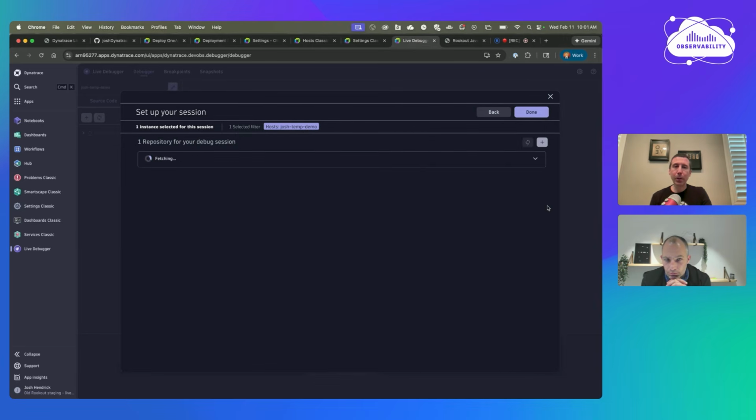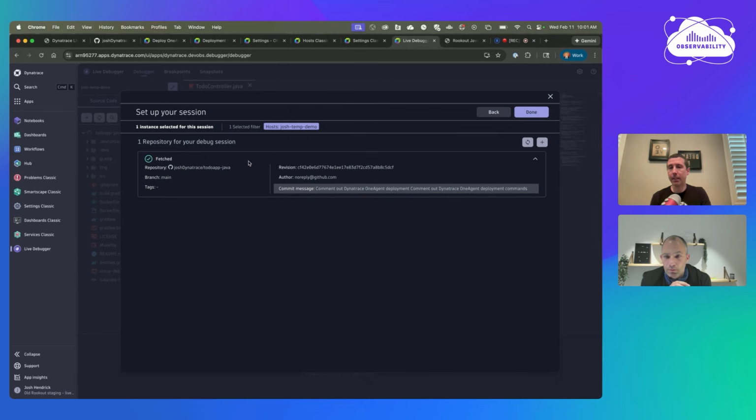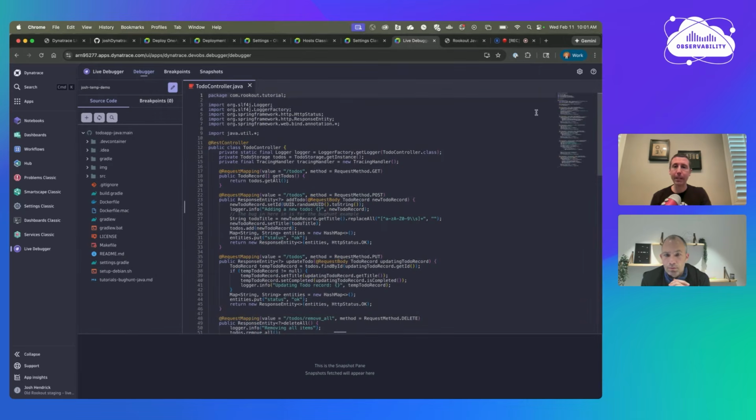Click next. You'll connect your source code repository like you normally would. I've connected it directly to my GitHub. It picked it up automatically for me. I can click done, and I can really do what you normally would do using the live debugger, which is